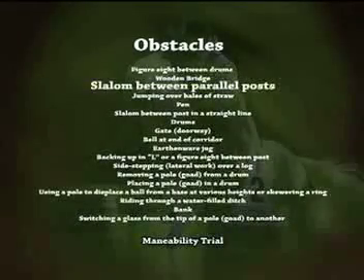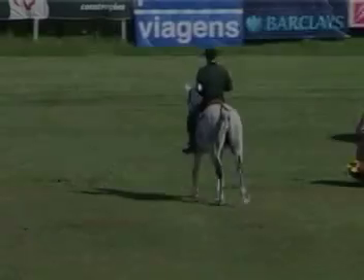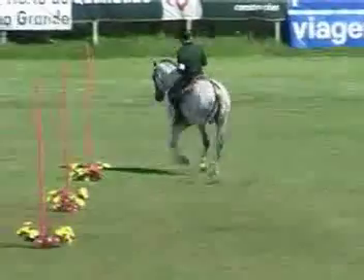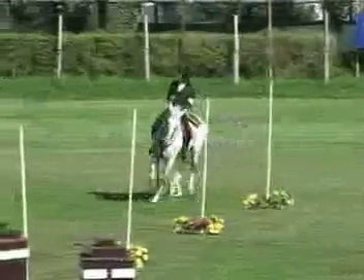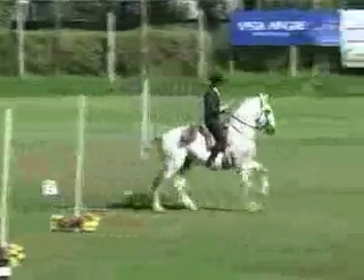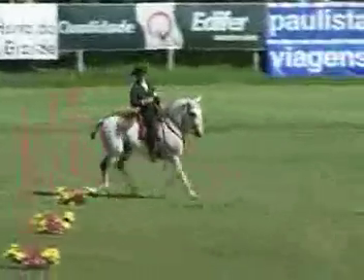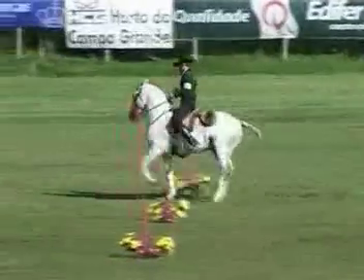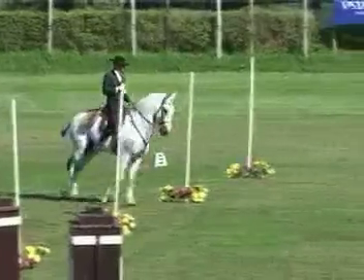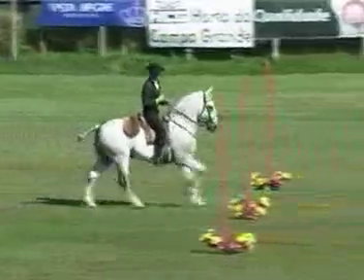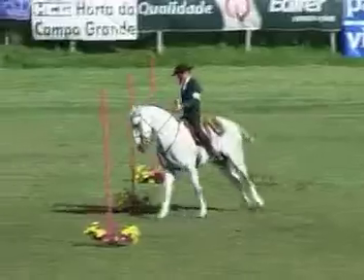Slalom between parallel posts. The obstacle consists of a minimum number of 7 2-meter high posts fixed to an outside base which is not secured to the ground, laid out in 2 parallel lines with a distance of 6 meters between the rows. There will be a distance of 6 meters between the line of 4 posts, numbers 1, 3, 5 and 7. There will also be a distance of 6 meters between the line of 3 posts, numbers 2,